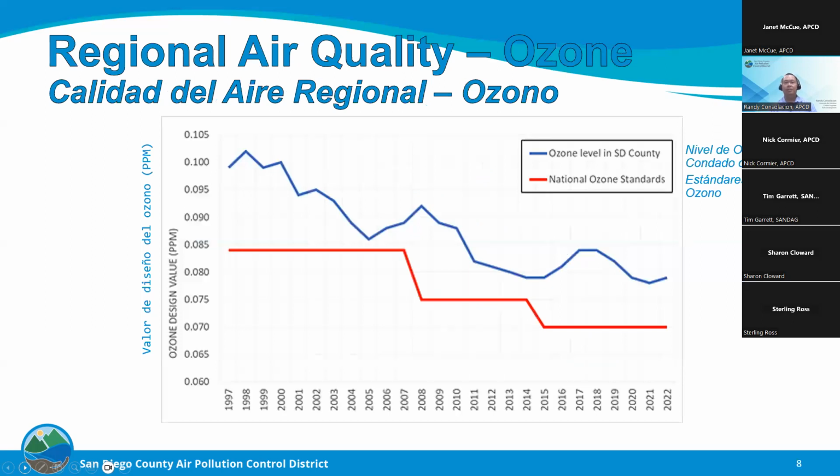To gauge the region's progress, measurements of ambient air quality, including ozone levels, are continuously collected at 7 sites throughout the region pursuant to federal requirements. The resulting data indicate that San Diego County has achieved a reduction or improvement in the ozone design value between 2001 and 2022. The graph illustrates the long-term decline in ozone pollution levels. However, there is clearly more work to do to achieve federal ozone targets.